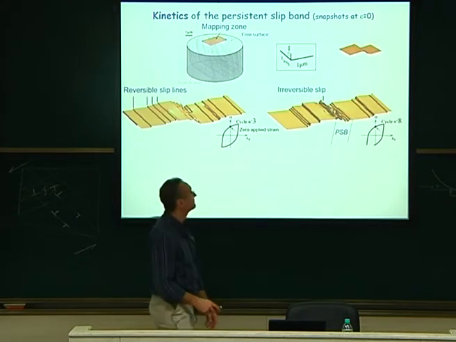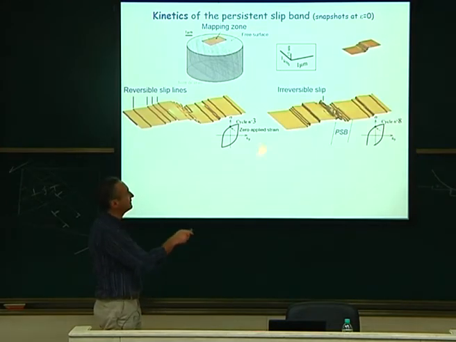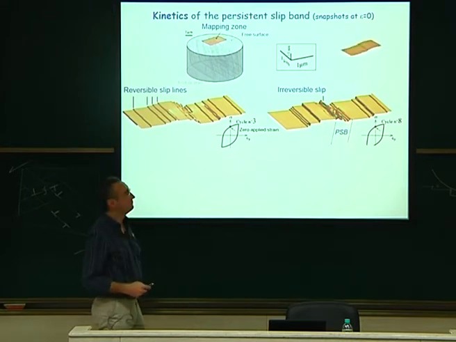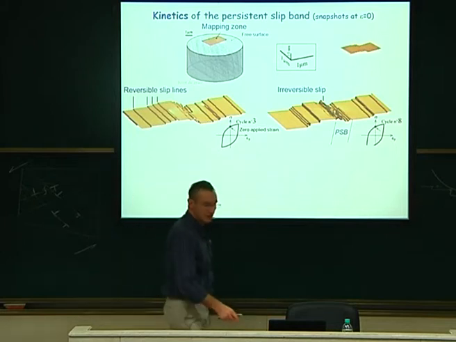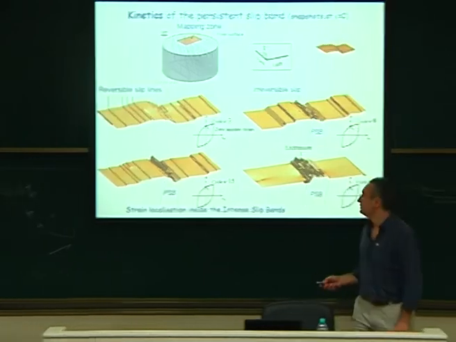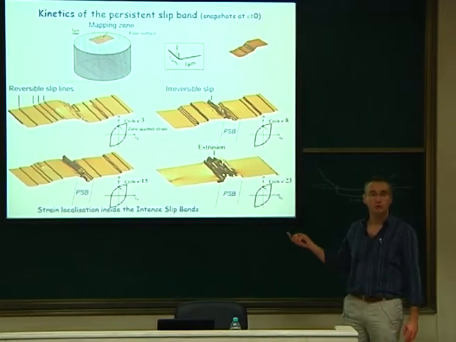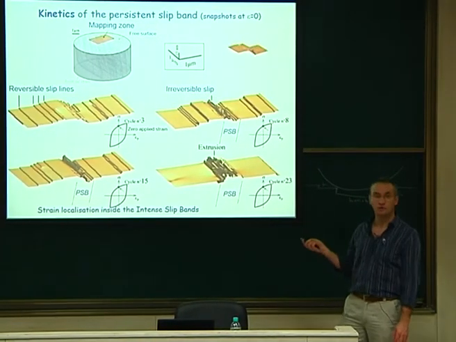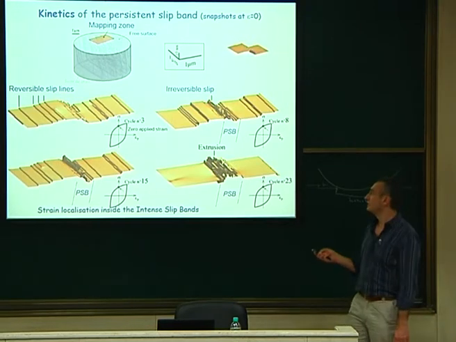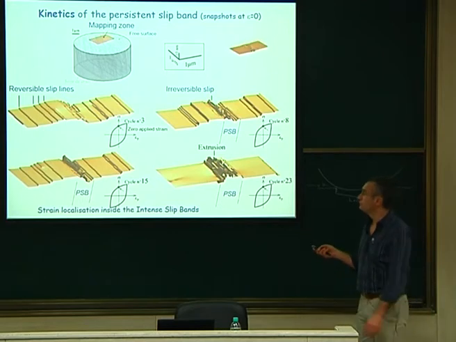Then you go further. Now after cycle number 8, again flat surface. You can see clearly the extrusion where the PSB is located. Here you have something which is starting to grow. We can go to cycle number 15 and cycle number 23. Today, now with the new computers, we can simulate 100 cycles. That's the maximum typically we can do in 2 weeks or 3 weeks. That gives you some orders of magnitude.